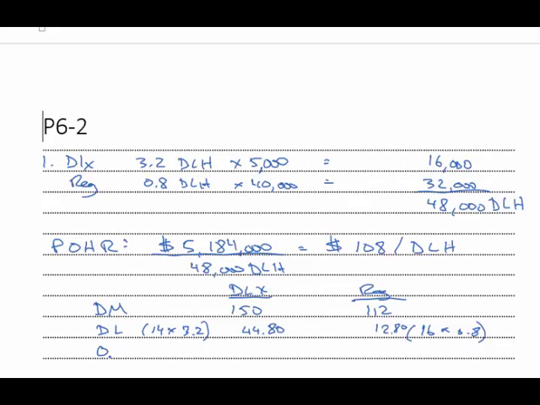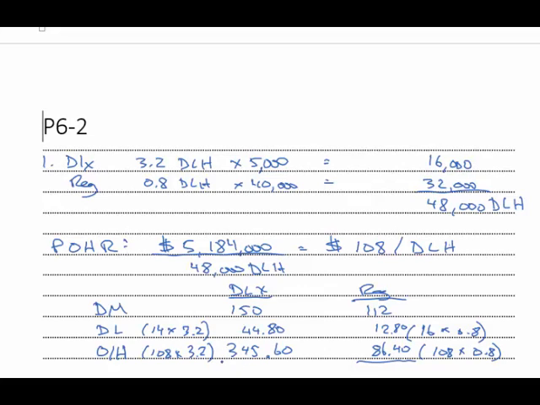And then we have our overhead, $108 per direct labor hour, so this is 108 times 3.2, $345.60. And this one here is 108 times 0.8, and that should work out to